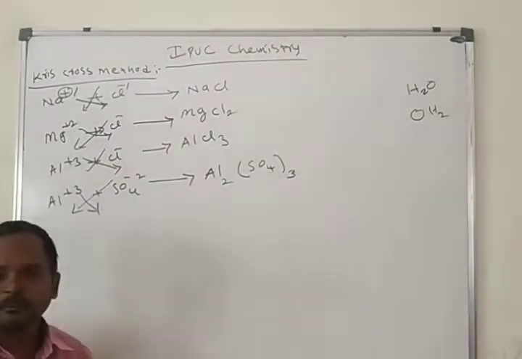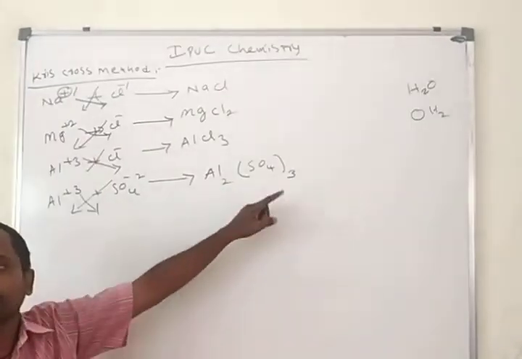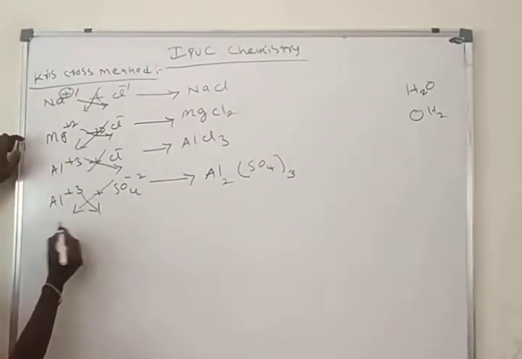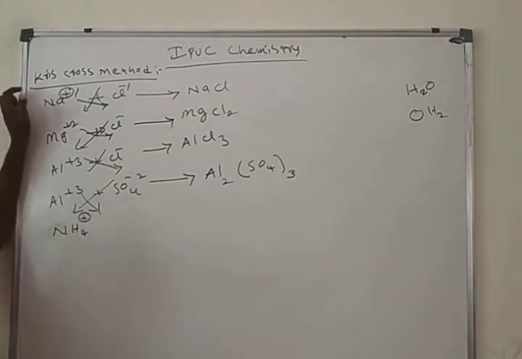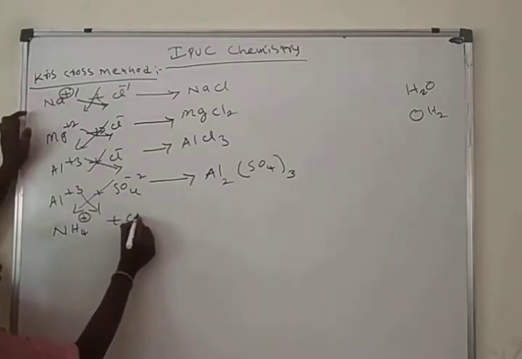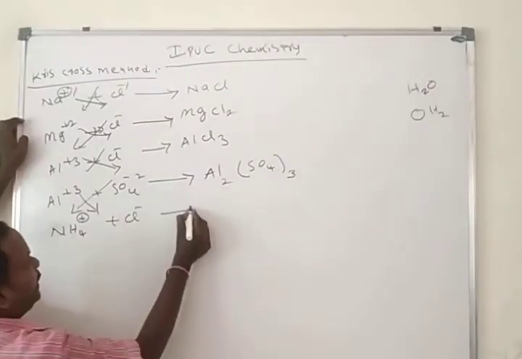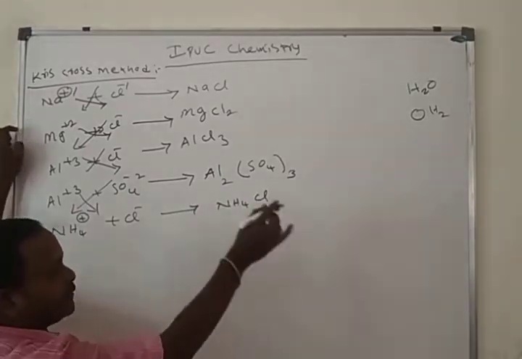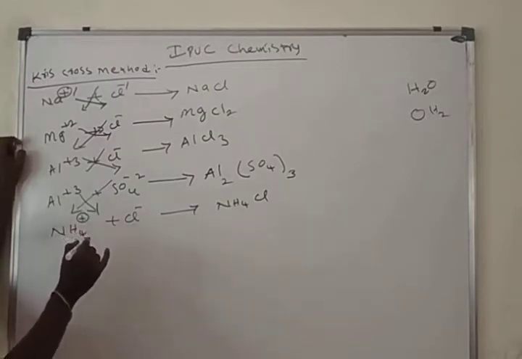What is the name of this one? It is aluminium sulfate. Aluminium sulfate. And then in continuation, ammonium is there. Again, ammonium. Ammonium plus Cl minus. Okay, how to write here? NH4Cl. 1 1. Okay, don't write like this. If 2 or 3 is there, this is also a molecular cation. It should be written